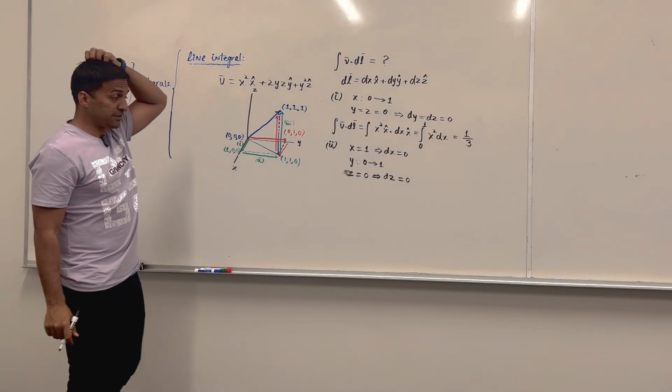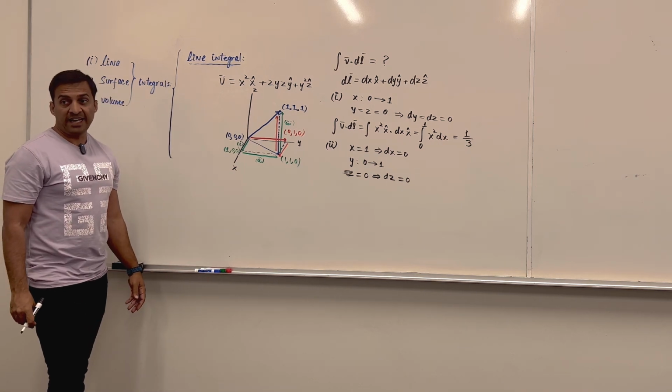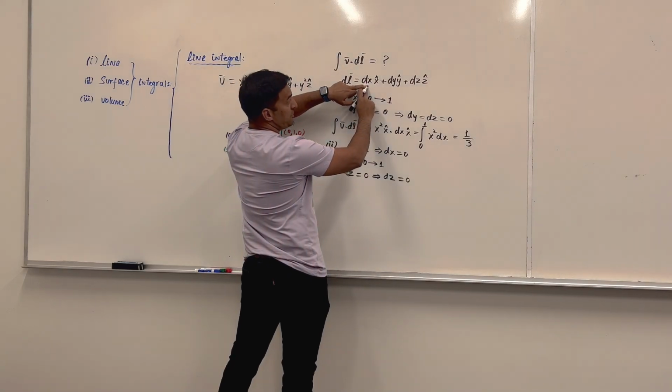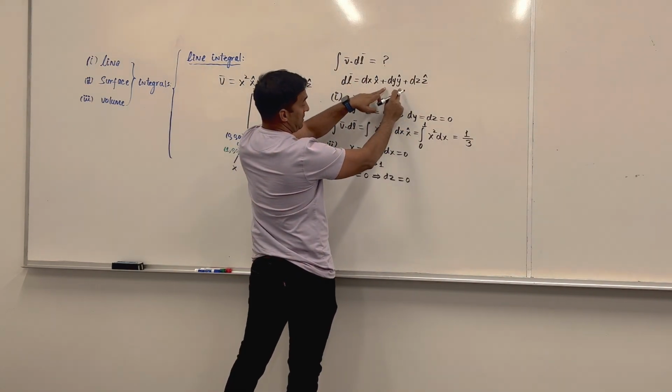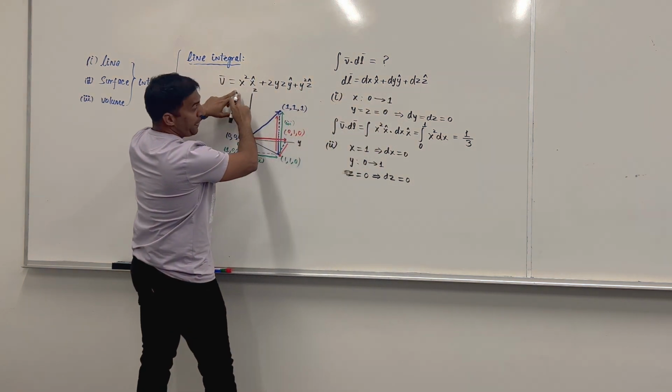And now if we substitute z equals 0, dz equals 0, and dx equals 0, this first term becomes 0, dz makes this third term 0, so from dl only this middle term survives, and from v,